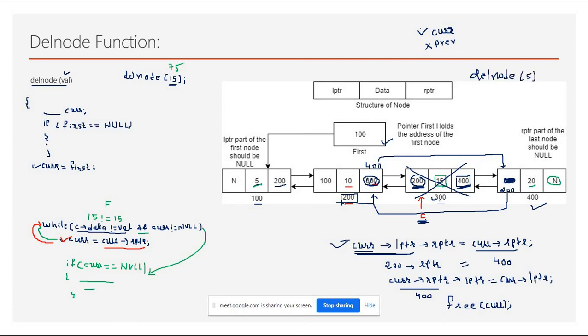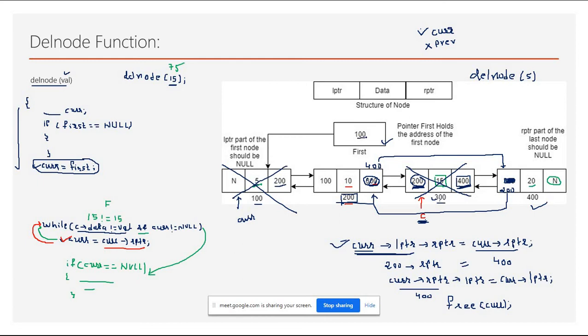So up to here everything is fine. After this instruction your current pointer will stay on the first node. Now just think, this is the node which is actually the first node of the linked list that the user wants to delete. So obviously if you are deleting this node,